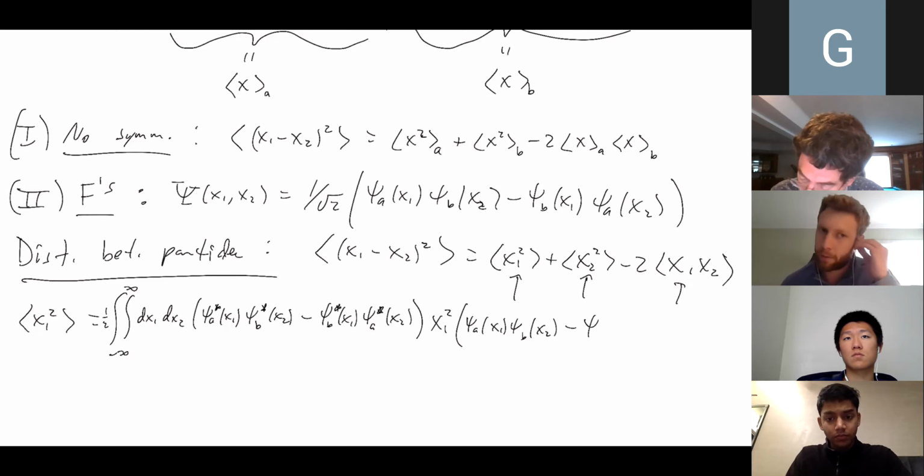Because that way we can cover both fermions and bosons at the same time. Sure, that would be elegant. I'm not always doing the elegant. I'm not such an elegant guy when it comes to math. But yeah, psi b of